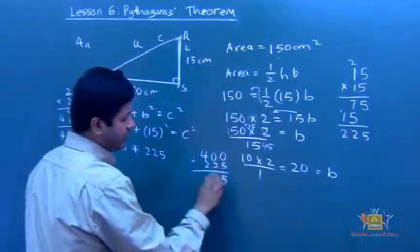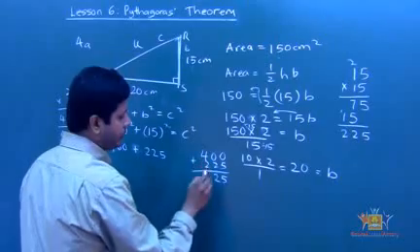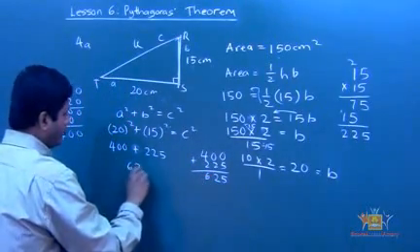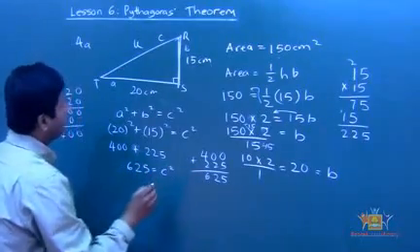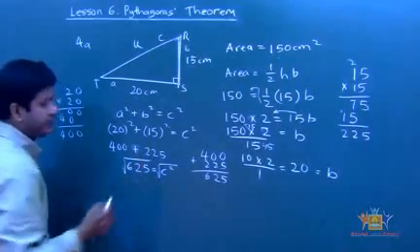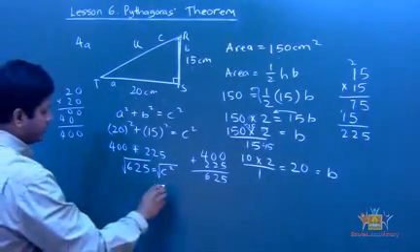0 plus 5 is 5. 0 plus 2 is 2. 4 plus 2 is 6. So that gives me 625 equals C squared. But I'm looking for C. That means I'm going to take a square root. That means I have to square root on this side also. Very important. Okay. So C equals